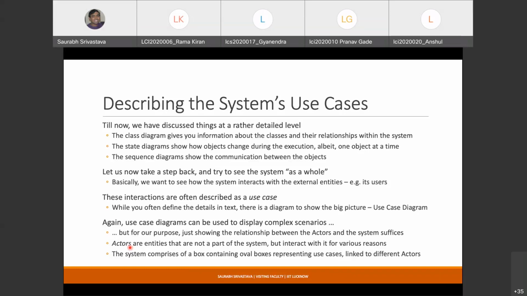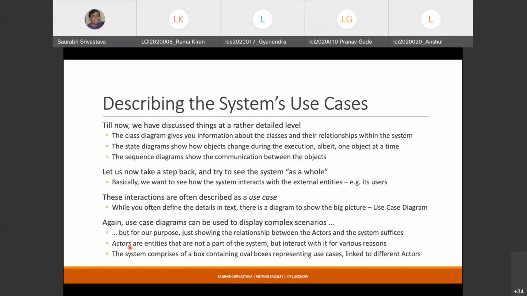The classic example is logging, that you would like to generate some logs so that these logs can be interpreted by a person who's maintaining the code. And these actors need not necessarily be just human beings. Actors could also be external APIs, for example. You might access some external APIs from your system, or your system might be accessed by other external APIs. So anything that is going to interact with the system, but that is not really a part of the system, is an actor.